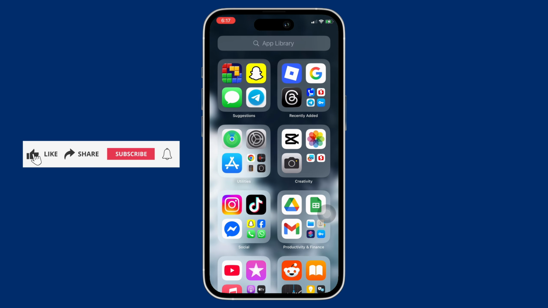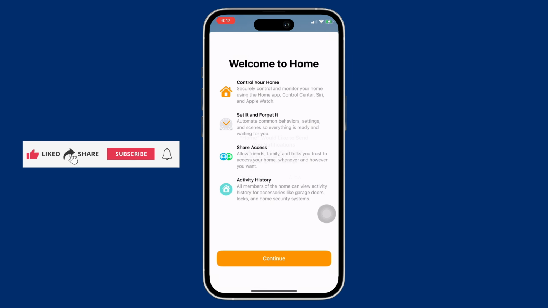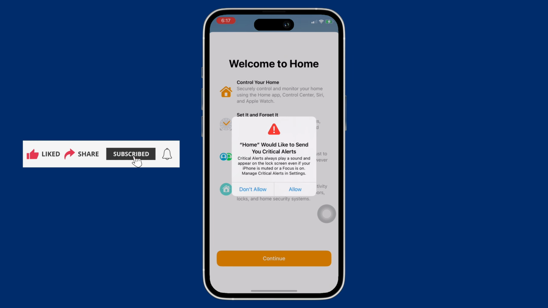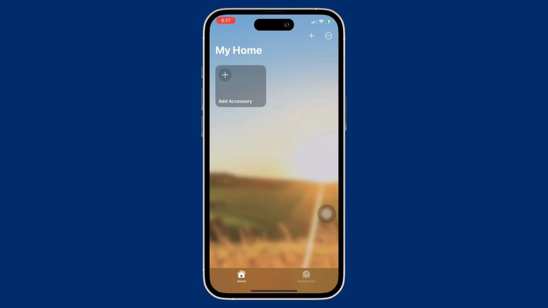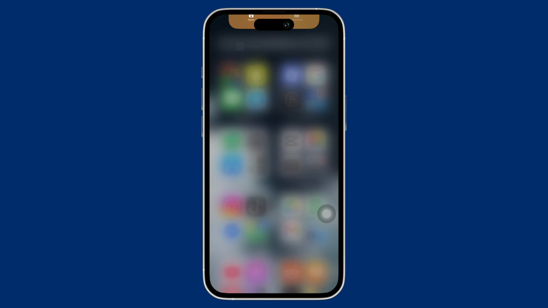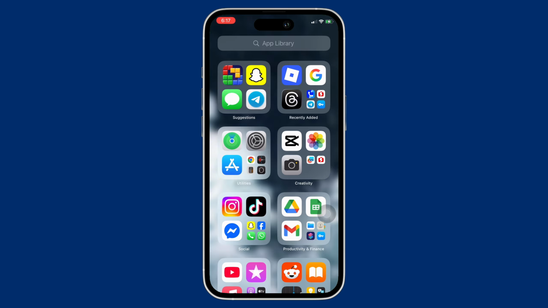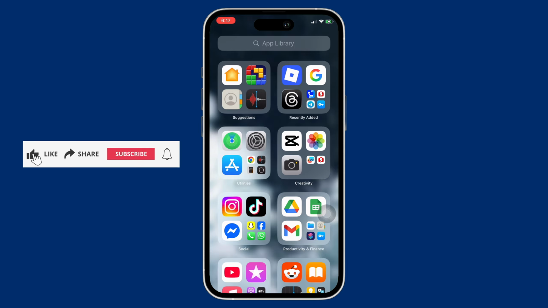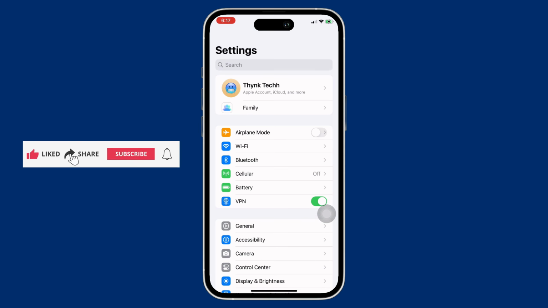Firstly, swipe up on your home screen and you will see the Home app there. Simply completely close the Home app and wait for a few seconds. This will force quit the app and refresh it. See if the issue is fixed or not, and if you still receive the critical alerts notification, then go ahead and